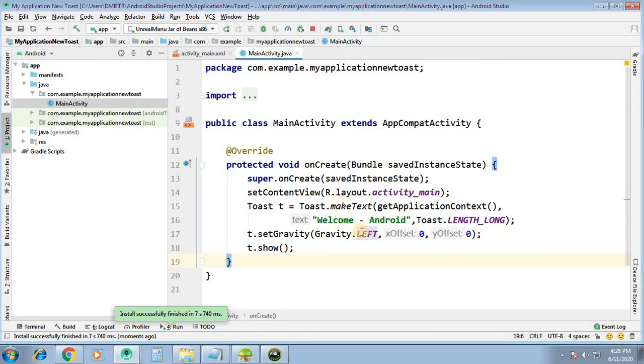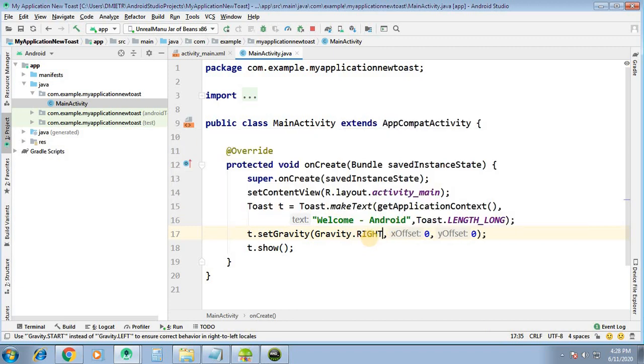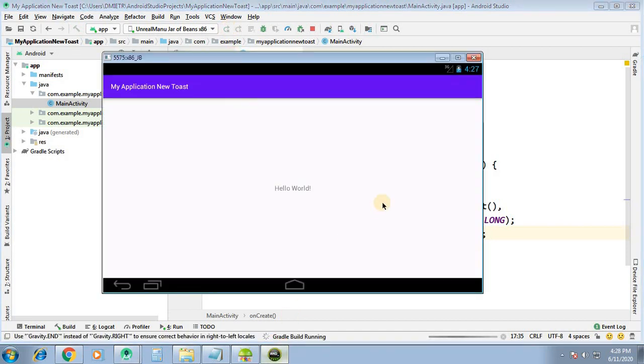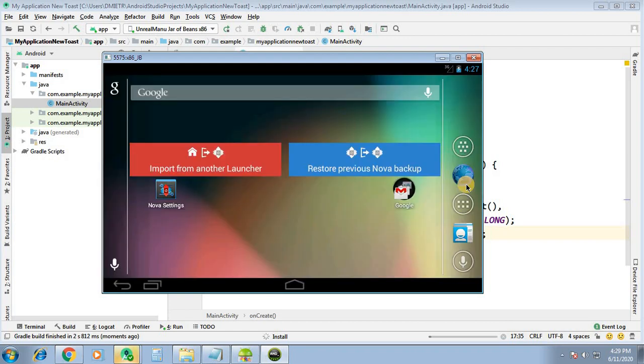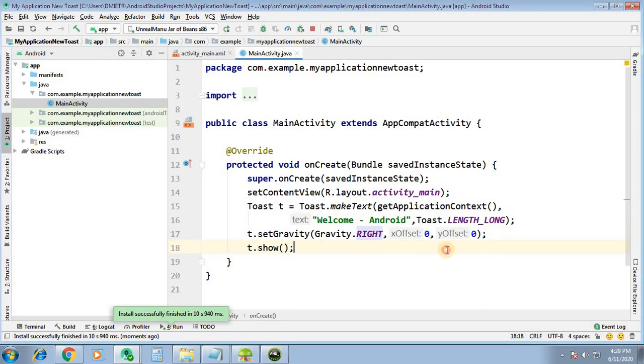If you go for right, it will go in the right direction. The toast will go in the right direction here.